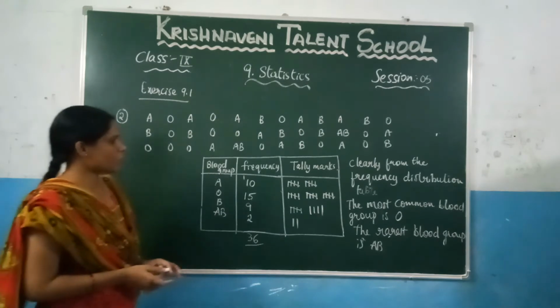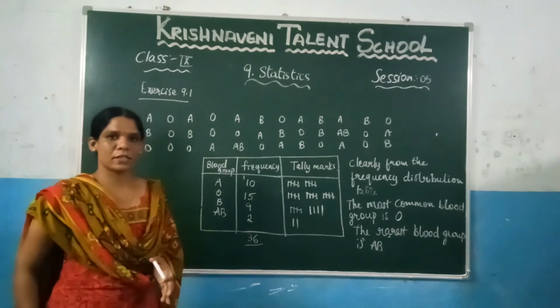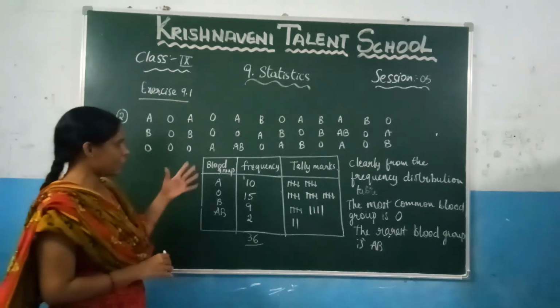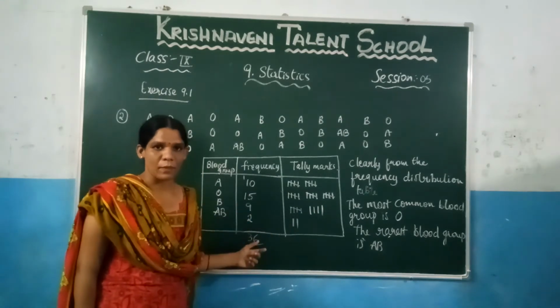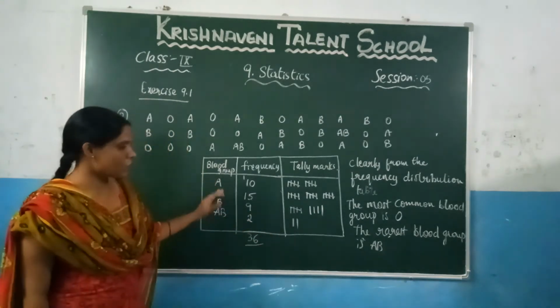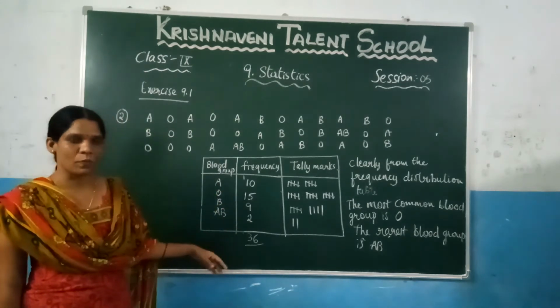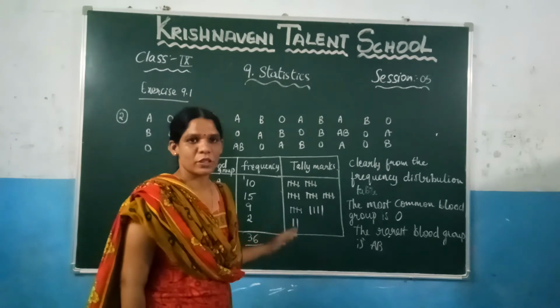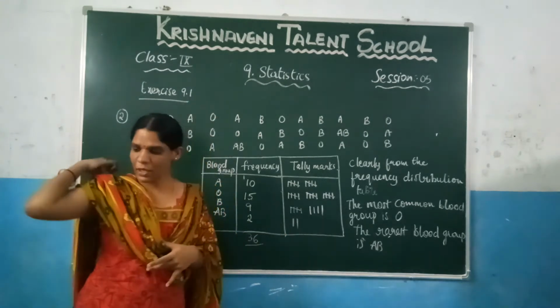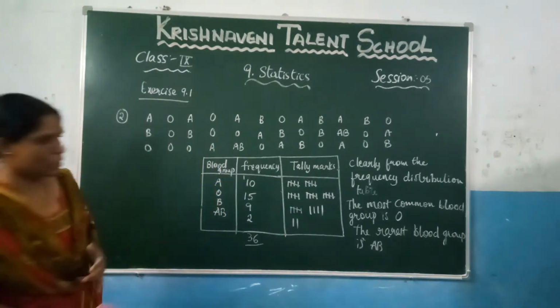Like that you need to represent the frequency distribution table. If you have been given any data, based on the data you need to write the data in the form of the tabular form. After that, after writing the data in the tabular form, you can analyze in the question what they have given so that you can find the answer. Now let us go for the next question.